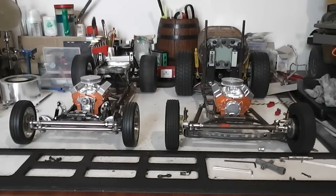Anyway, I was going to do V8s in all of them, C4 drive V8s, because I'm just a bit of a fanboy when it comes to those things. I think they're neat. But I've been inspired by Josh at RC Every Day with his diesel build that he's doing with the pickup, and I thought that was a bloody brilliant idea. So I thought I might do the sedan as a diesel,